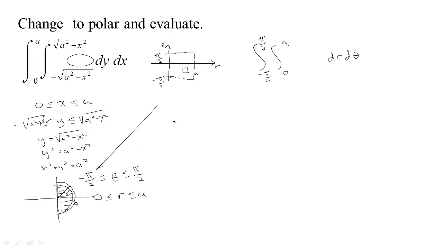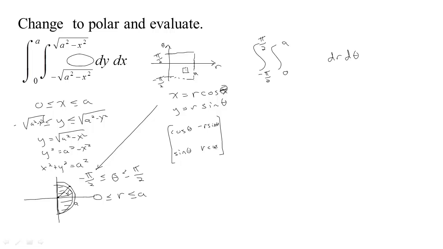We also saw that the Jacobian in this case is r. If you don't remember, just think about the equations that would take you from where you want to do the integral to the region where you want the integral to actually represent that. The equations are x equals r cosine theta and y equals r sine theta. So we set up our first derivative matrix. dx dr is cosine theta, dx d theta is minus r sine theta, dy dr is sine theta, dy d